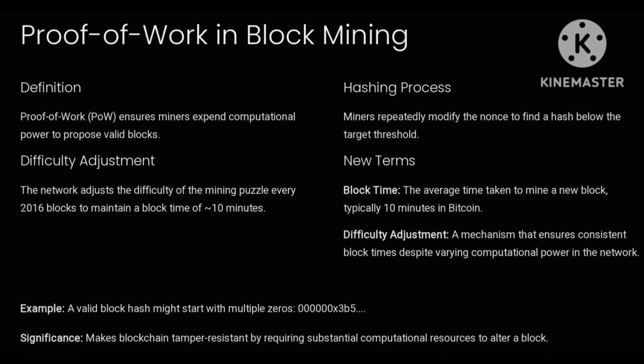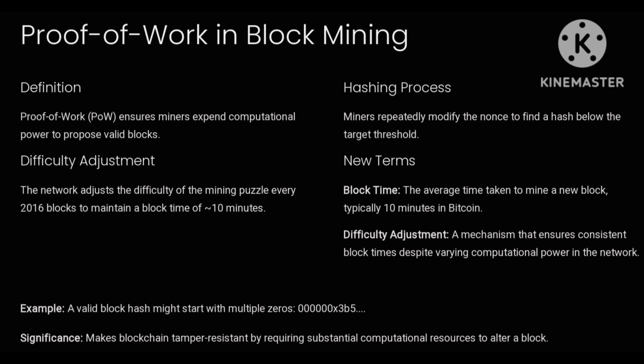Slide 4. Proof of work in block mining. Let's delve deeper into proof of work. It's a consensus mechanism that ensures miners expend computational effort to propose valid blocks. The key idea is that solving a block is hard, but verifying the solution is easy. Now, difficulty adjustment is a fascinating concept. Every 2016 blocks, roughly every 2 weeks, the network recalibrates the difficulty level to maintain a steady block time of